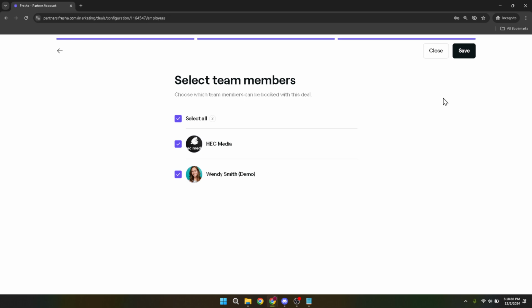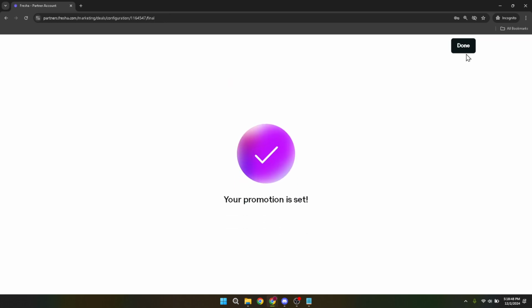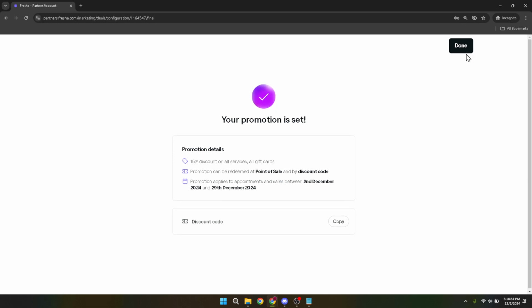Remember, keeping your discounts fresh and aligned with your business goals is key to creating an enticing offering that attracts customers and keeps them coming back. Editing your discounts on Fresher is a simple yet powerful way to maintain the appeal of your business promotions. And that's all there is to it. By following these simple steps, you can easily tailor your discounts to better meet the needs of your clientele and your business goals. Take the time to review your discounts regularly to maximize their effectiveness and ensure they are contributing positively to your business.